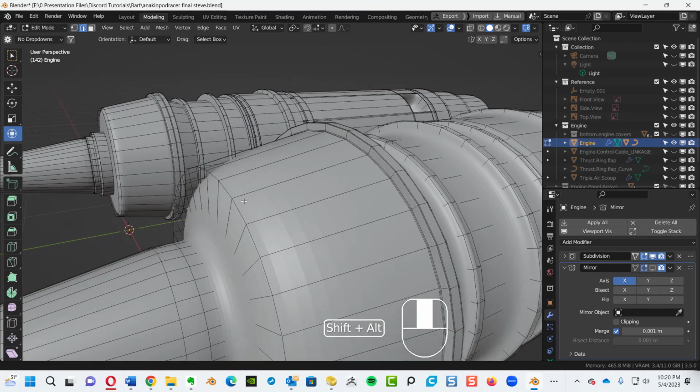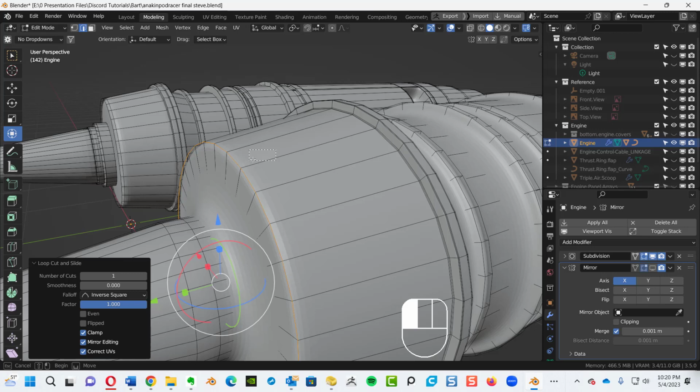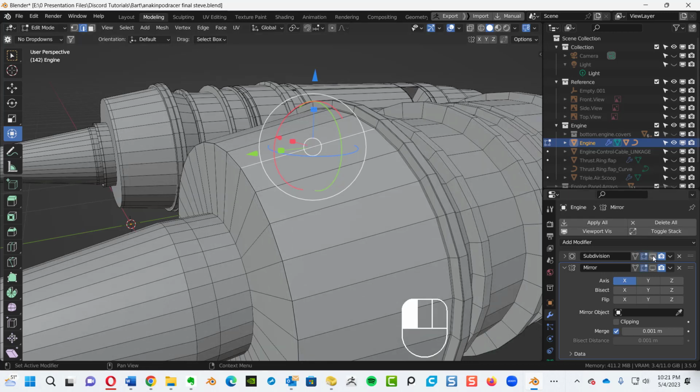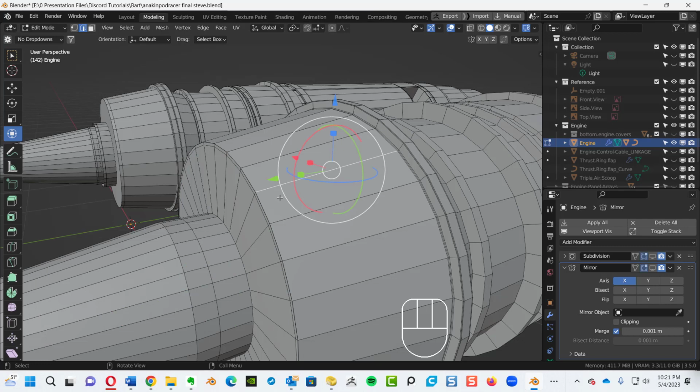Let's keep it in subdivision surfaces so you can see what's going to happen. So Command R and pull that on up. See? Okay, I'm going to turn off subdivision surfaces. It's giving me a little bit of problem with memory here. So Command R on the other side and give it another edge to the opposite side. Okay, there we go. And if I go ahead and turn on subdivision surfaces once again,